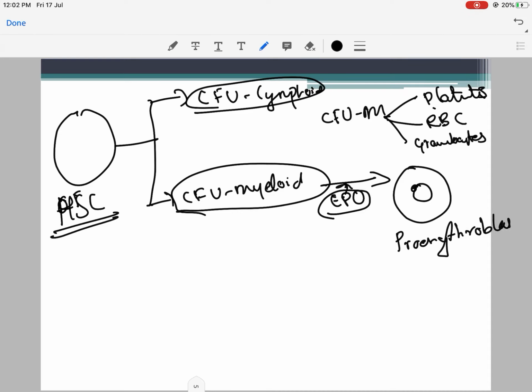So in hematopoiesis, you need to remember that everything starts with a pro. Once proerythroblast is formed, further action of erythropoietin on this results in... As we all know, whenever a hormone or any chemokine acts on any cell, the first thing is that DNA forms RNA, RNA forms protein.